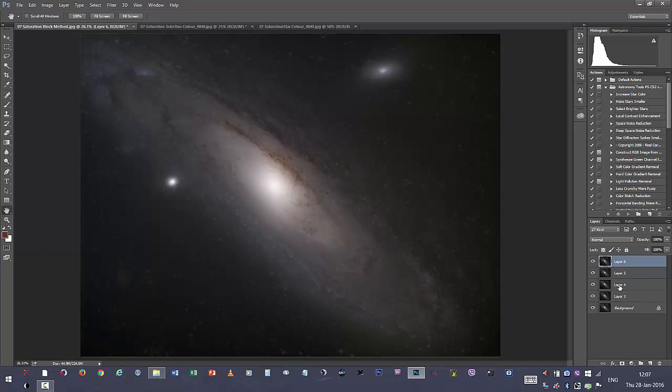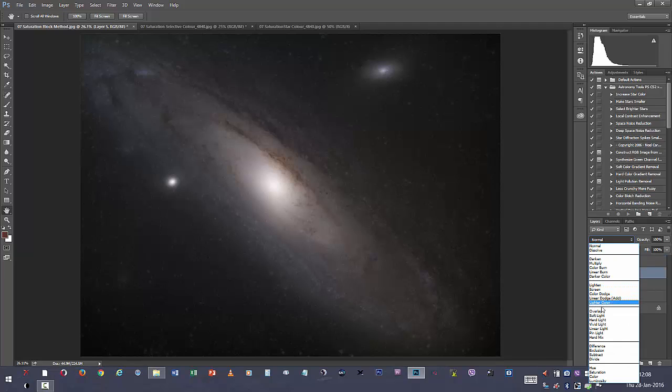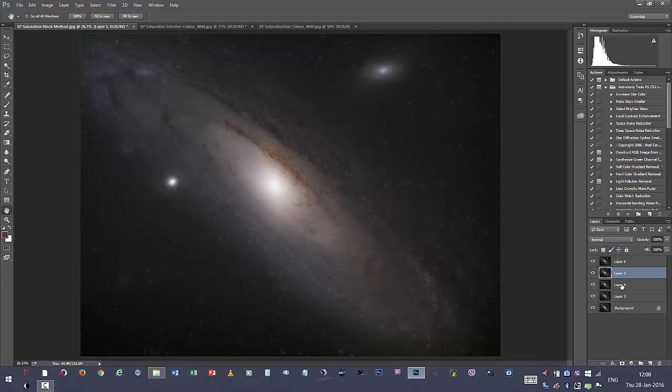In the layers panel, you can see that there are layers 4, 5 and 6. So the top layer blending mode needs to be changed to luminosity. The middle layer, the blending mode needs to be changed to soft light, and then layers 4, 5 and 6 need to be merged. And now if I click off the middle layer and see the change from background to present, if I toggle this on and off, you will see that there is a change in the,